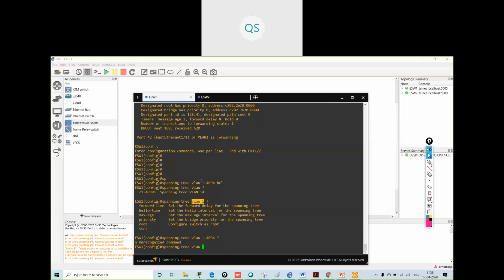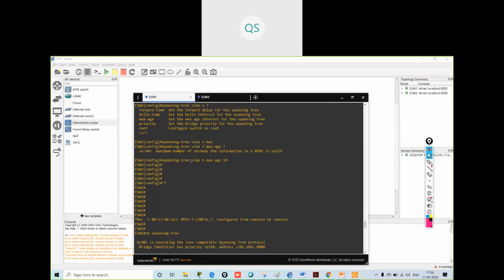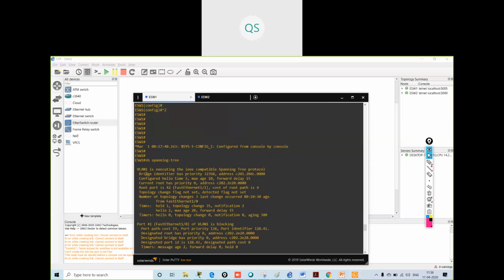Why do we use VTP? To forward the VLAN configurations, to pass the VLAN configurations to other switches. So what are we doing over here in spanning tree? We are giving specific settings for VLANs. If you can see, VLAN 1 is running the IEEE compatible spanning tree.